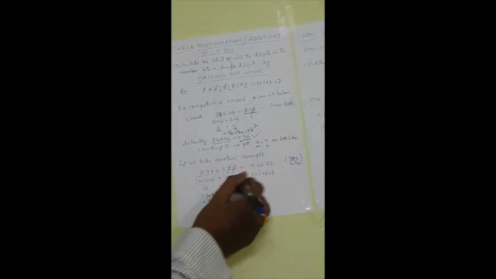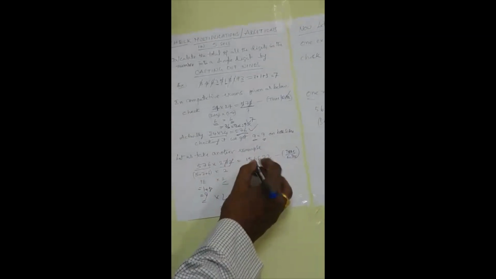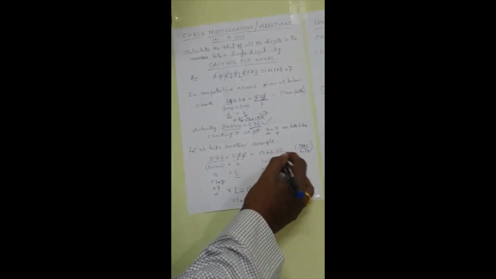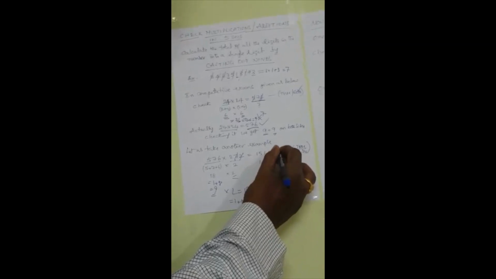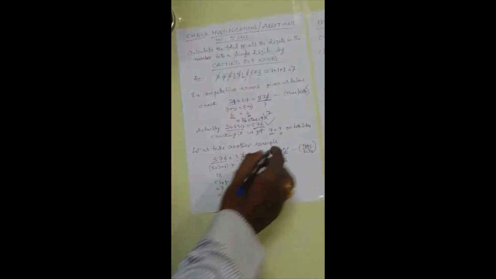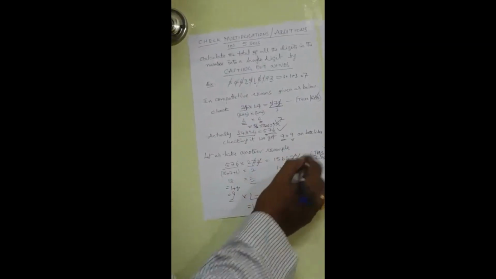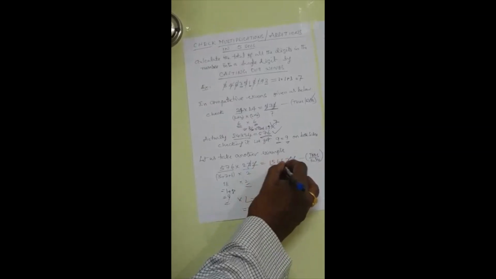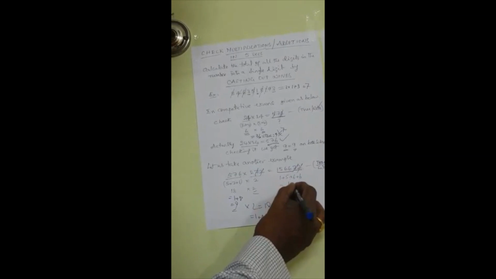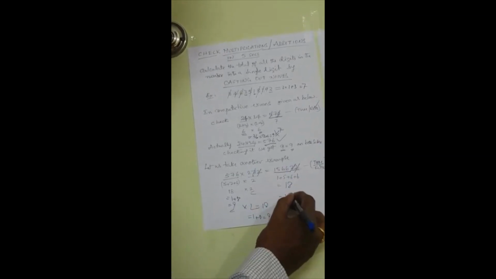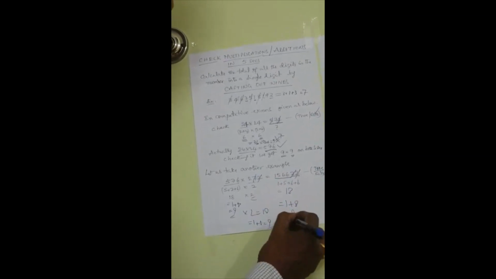Here, and the product, let us check in the product. So 156672. In this there are no 9s, but 7 and 2 are there. 7 and 2 is 9. 1, 5, double 6. So you have to add all these: 1 plus 5 plus 6 plus 6. This gives you 18. This is again 1 plus 8, which is equal to 9.